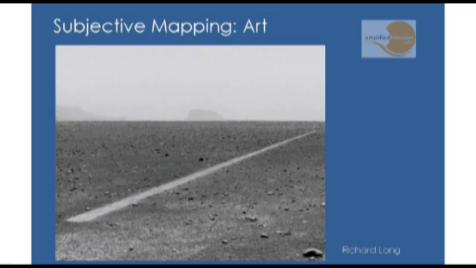And of course, subjective mapping is not a new thing in terms of artists using it. Richard Long, a British artist who invented one aspect of land art, this is one of his first pieces. He just walked up and down, up and down on the landscape in a straight line until he'd created what he called a sculpture, which is this track. So this is a direct interaction between movement and the land. And in effect, Songlines is going to do something similar, except you may or may not see physical traces of it.